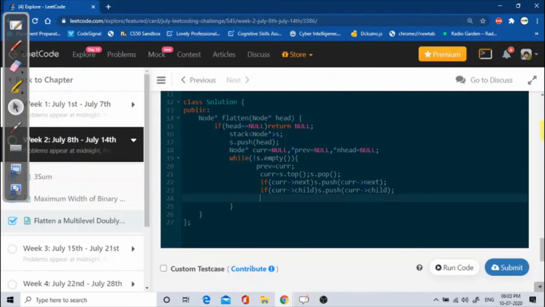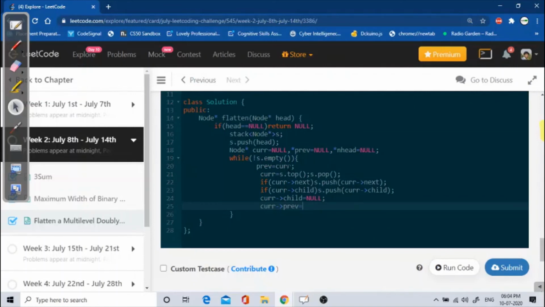After that, for each node we have three pointers. Because we are making a linear doubly linked list, in every node the child pointer will be pointing to null, because we do not have any child node. In the same way, my current node's previous pointer will be pointing to the previous element, it means the last node.